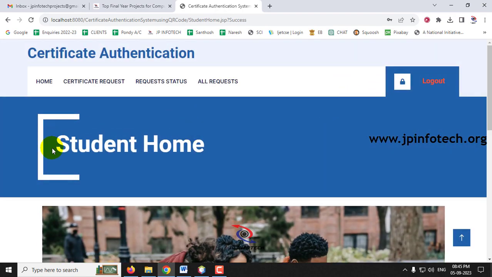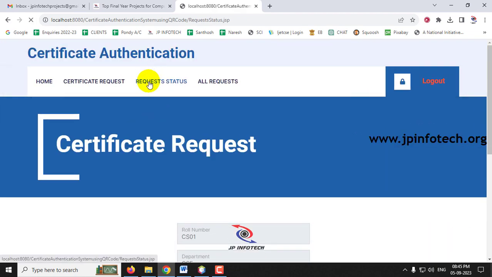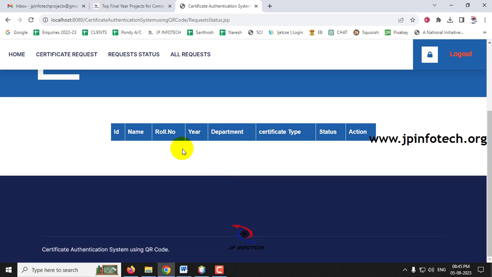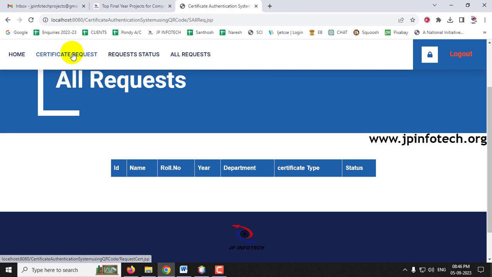So it will be navigated to the student home page, and this is the student home page where the student has the option of certificate request, status, and what all the requests he has made, everything is updated in the all request part. So first let me go to the